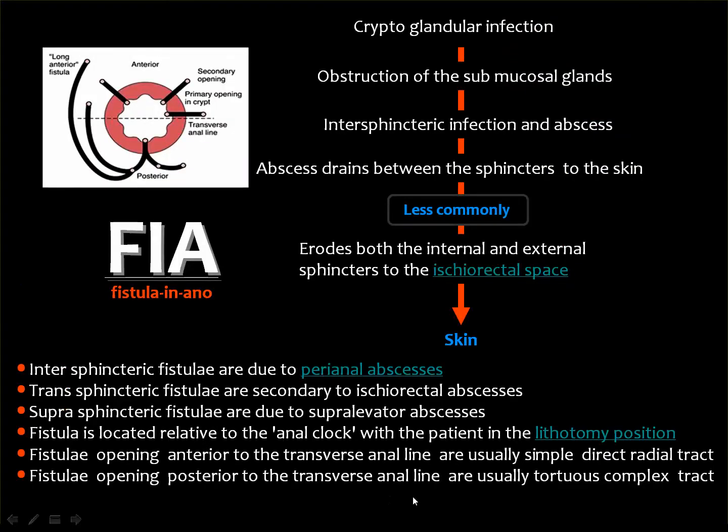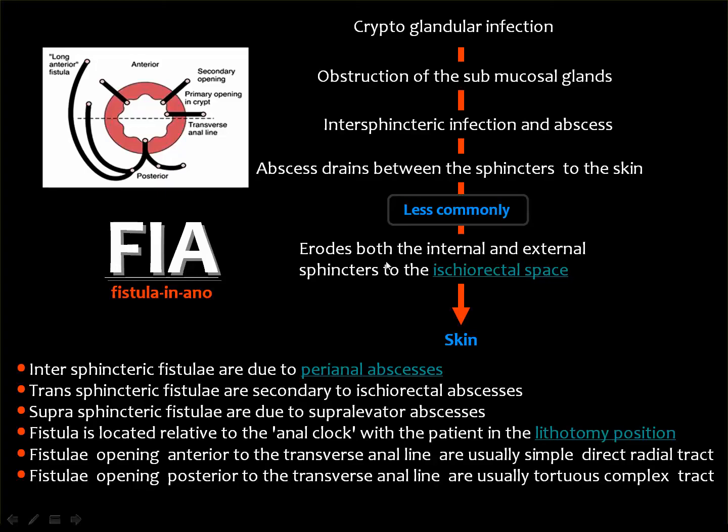And this is the accepted theory for the formation of the anal fistula, which says that there is infection of the glandular tissue, which is located between the internal and external anal sphincters. This will result in obstruction of this gland, and it accumulates secretions which then result in an abscess. And this abscess may drain between the sphincters to the skin, and this is known as intersphincteric fistula. And less commonly,